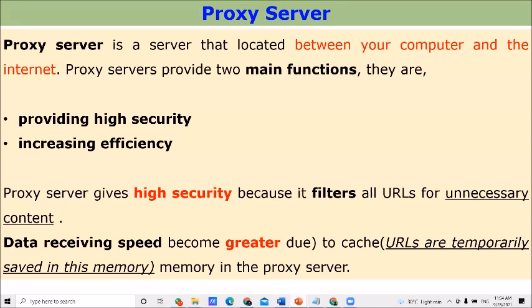The second time you request the URL, there is no need to send it to the actual server. One copy is taken from the proxy and sent back to your computer. Therefore, the receiving speed is greater compared with normal systems. Now you can write down your notes regarding the proxy server. Complete the note.